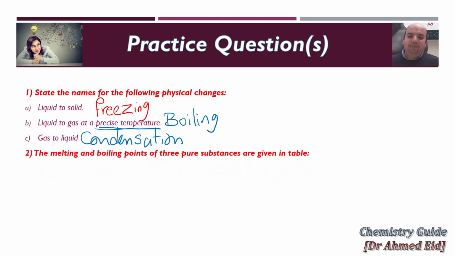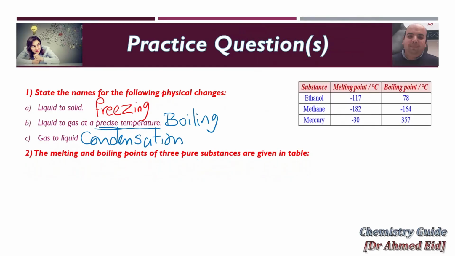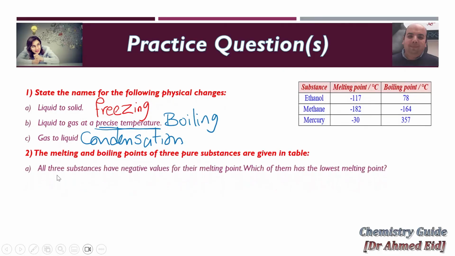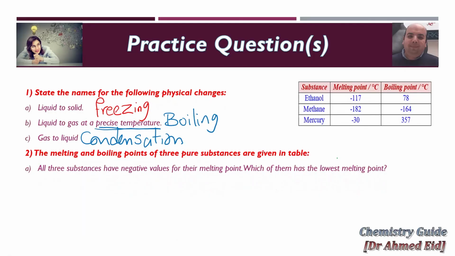Now, let's look at this table, with melting and boiling points for three substances: ethanol, methane, and mercury. The question says, the melting and boiling points of three pure substances are given in the table. All three substances have negative values for their melting point. Which of them has the lowest melting temperature? Remember that the lowest melting temperature is the highest negative one. This means that methane